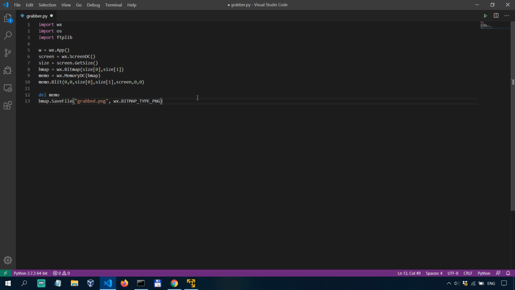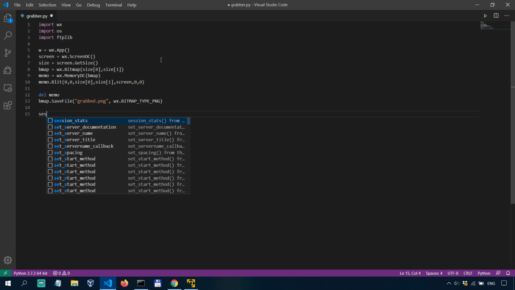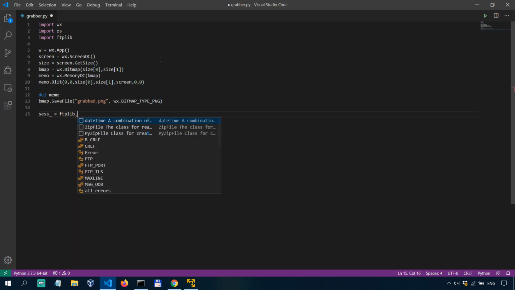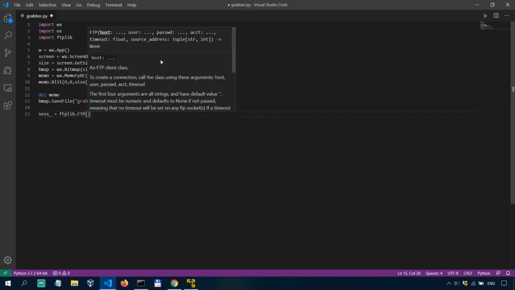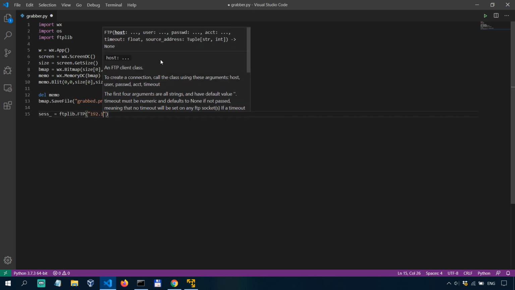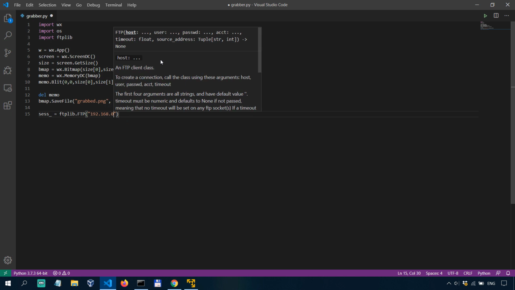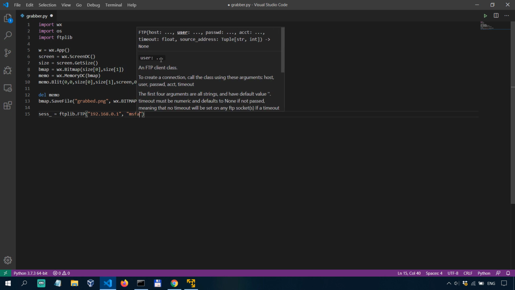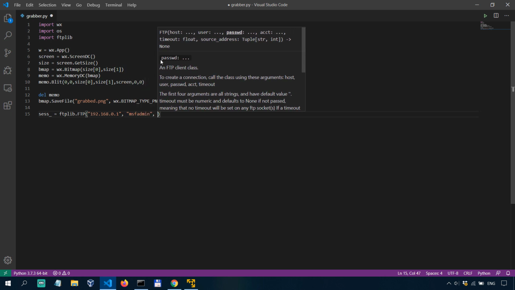Okay, that said, let's actually code the fun part of it, which is how the screenshot will send itself over FTP to a remote server. So at the top we've imported ftplib, and first what we need to do is to create a session. So let's call it ses_ equals ftplib.FTP, and then here we'll have to specify the IP of our machine. So 192.168, let's say 01,